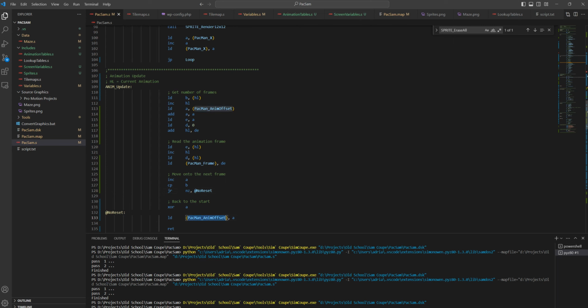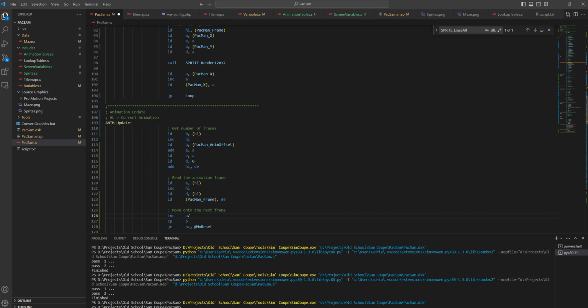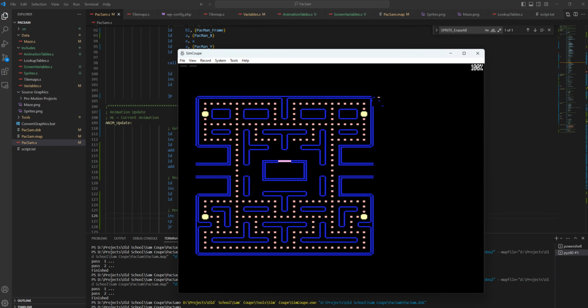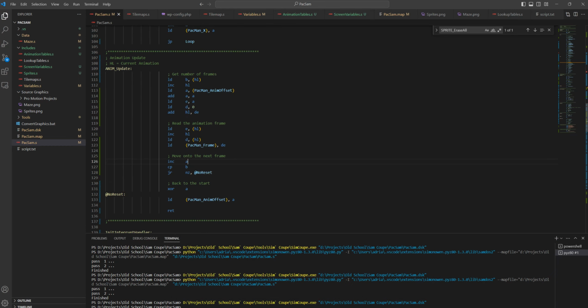So no resets, we store this back in frame offset. Well, let's see what's going on. So obviously, looks like when it comes to reset, but well,